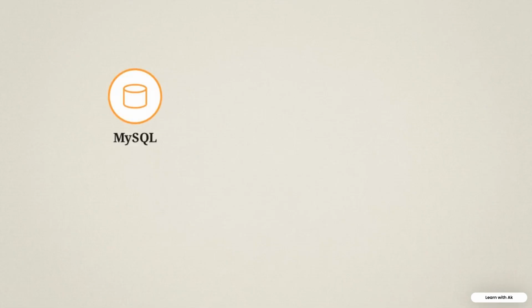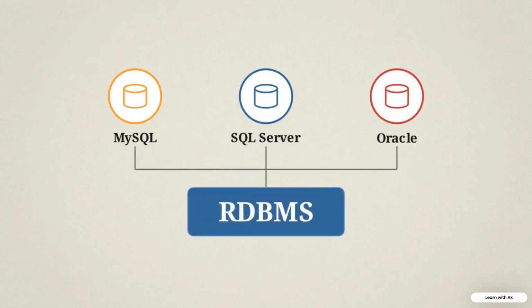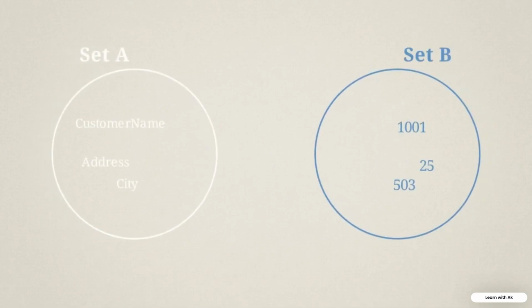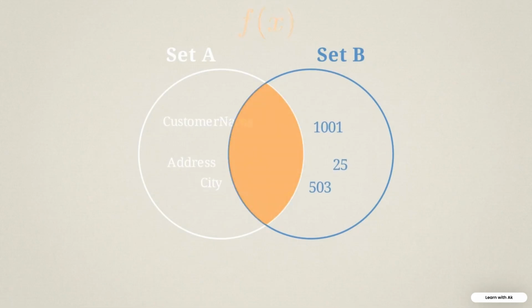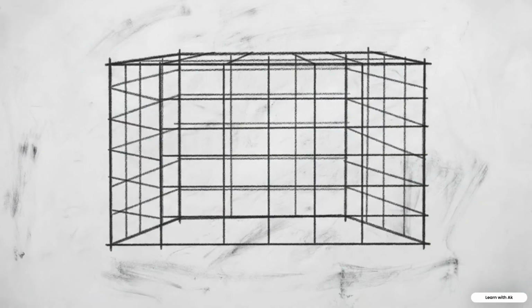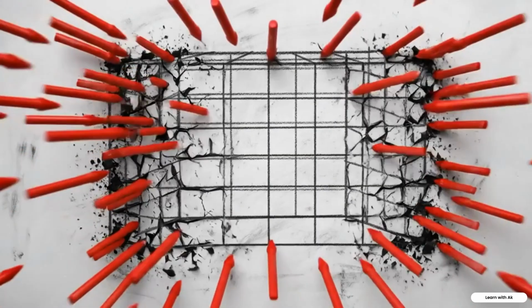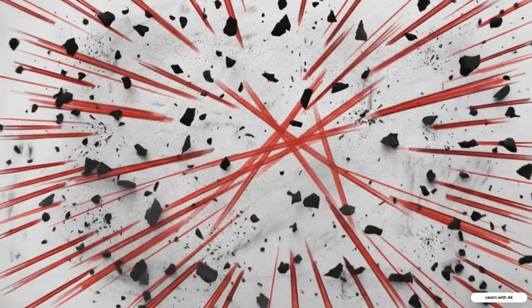Systems like MySQL, Microsoft SQL Server, and Oracle are all built on this exact foundation. The term relational defines a specific model where data is organized into formal sets, allowing mathematical logic to govern how information is stored and retrieved. If you store data in a flat file, like a basic spreadsheet, you are creating a static list. Simple spreadsheets simply cannot enforce complex application logic, nor can they handle high-velocity, concurrent data transactions without completely breaking down